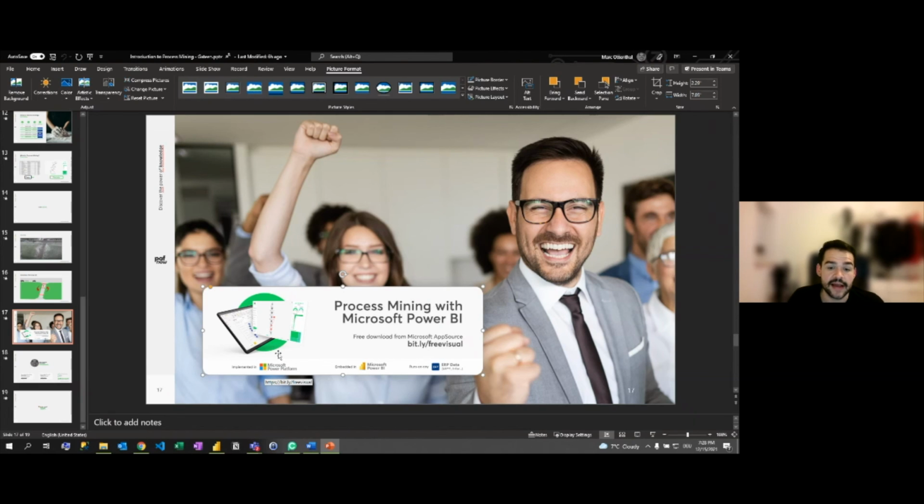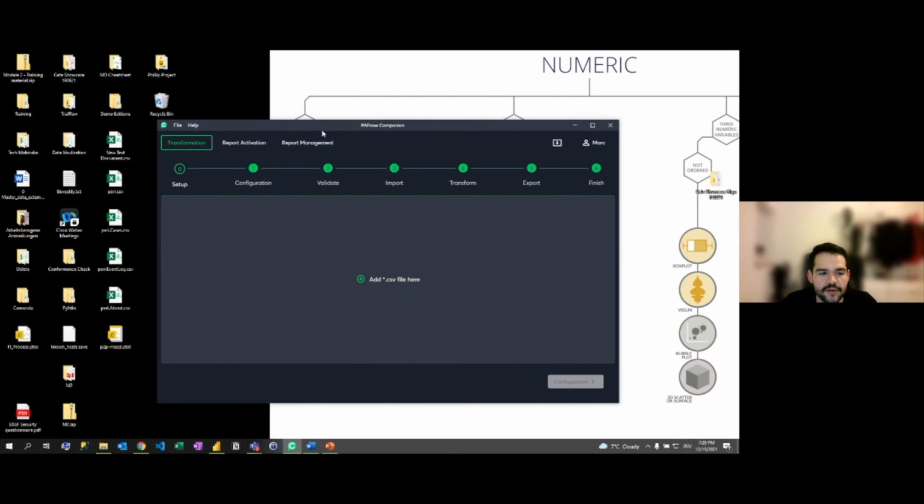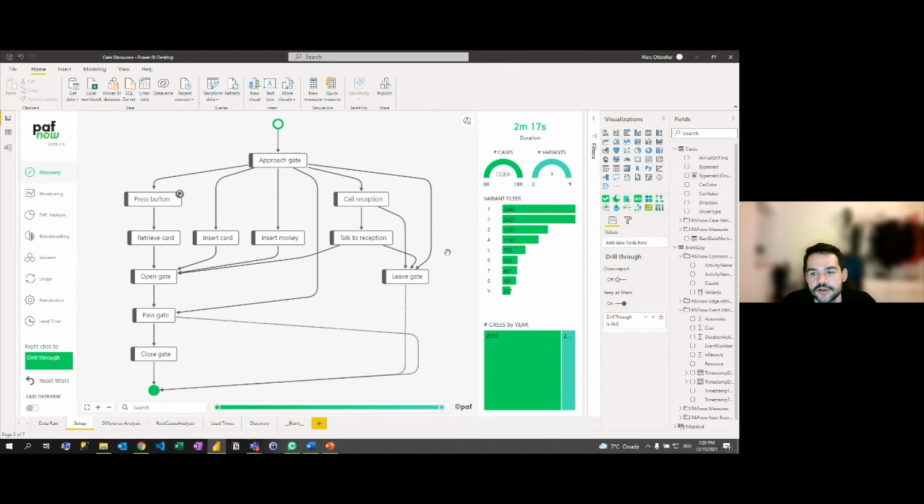And when we talk about licenses, there are 2 things that we can do. Well, first of all, we have the companion. That's what I had running in the background. It basically checks that you have a license, and you can also do the transformation because once you acquire the license, there are a lot more visuals, and you can maybe check out some of our videos online. A lot more visuals that you can access, and there are a lot more standardized pages that you will access. So those are the licensing model behind PAFnow, and those are the things that you can start right now,